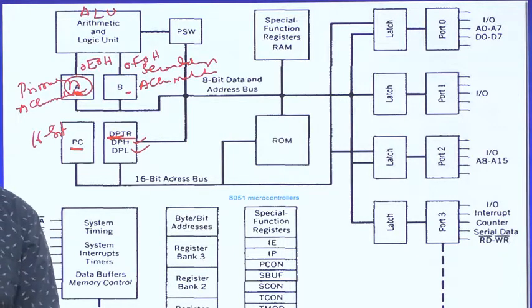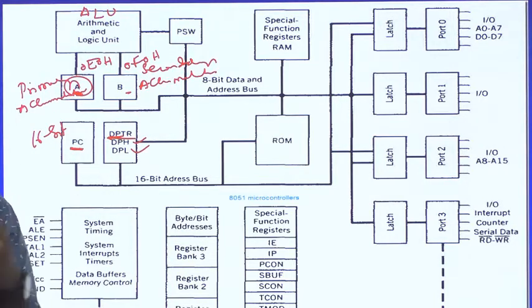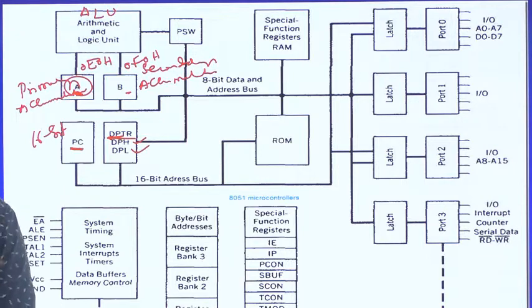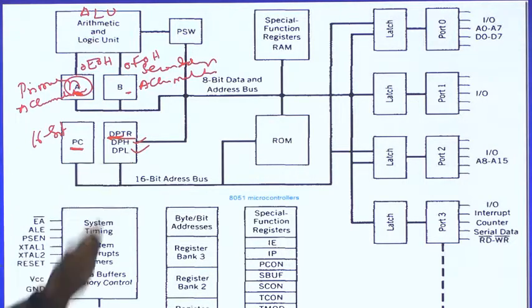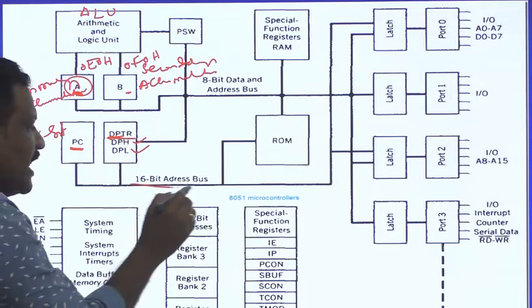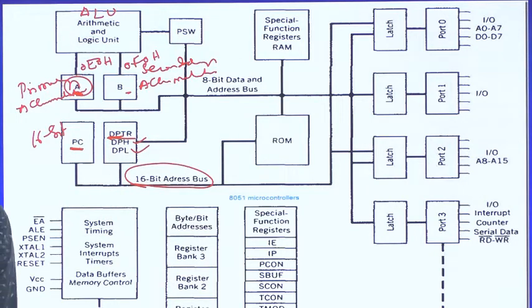But coming to the differences, we never split our PC into 2 halves like PCL and PCH, but we can split DPTR into 2 halves like DPL and DPH. And the second difference is PC didn't have any internal address, but DPTR has 2 internal addresses, one for DPH and another one for DPL. So see here friends, the address produced by PC and DPTR is a 16-bit address because the sizes of these 2 registers are 16 bits.